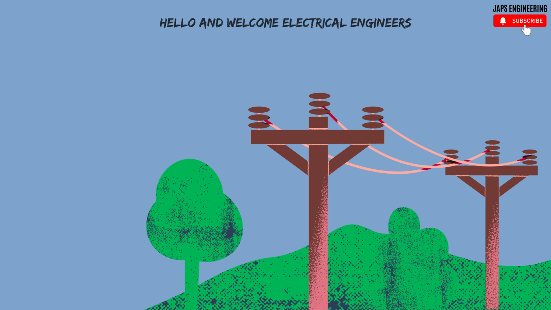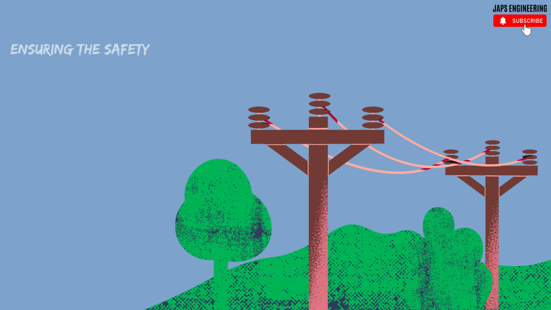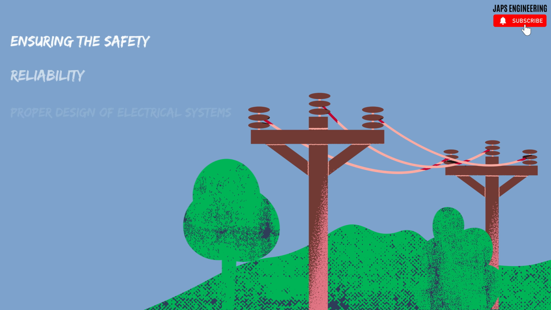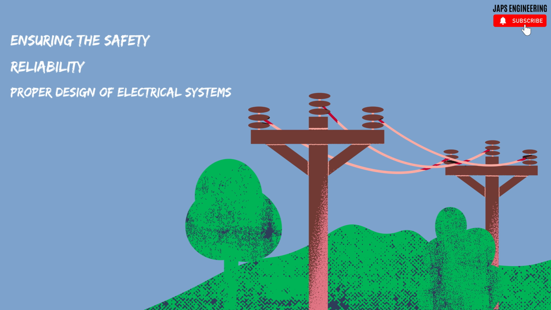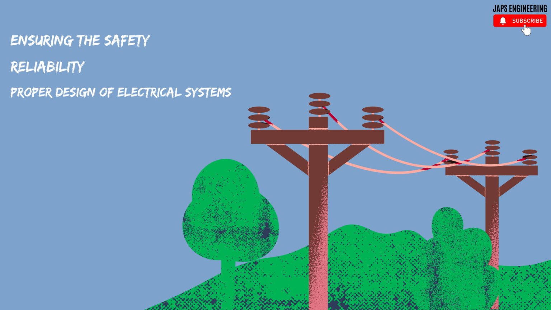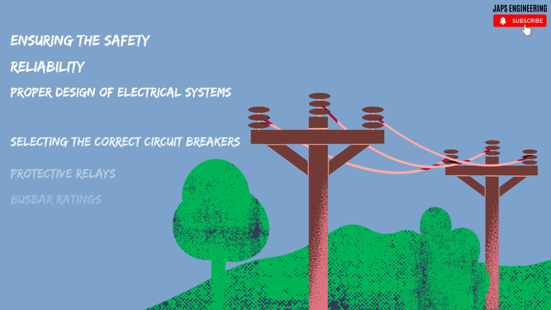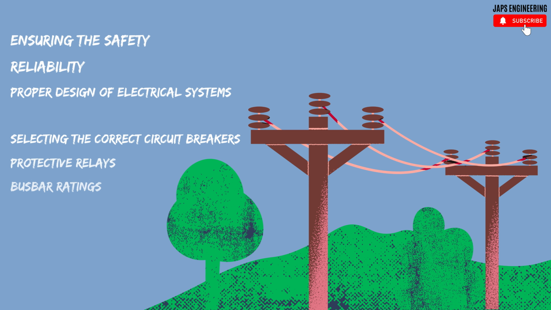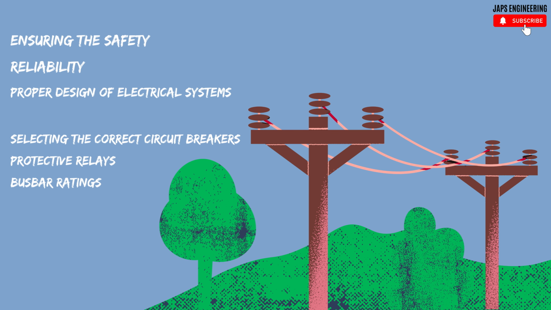Today we are diving into one of the most important topics in power system engineering, which is short circuit analysis. Short circuit calculations are essential for ensuring the safety, reliability, and proper design of electrical systems. They help us determine the maximum fault current that can flow through a network during abnormal conditions, and this guides us in selecting the correct circuit breakers, protective relays, and busbar ratings. In this session, we will explore the fundamentals, the method of calculation, and why short circuit analysis is a cornerstone of